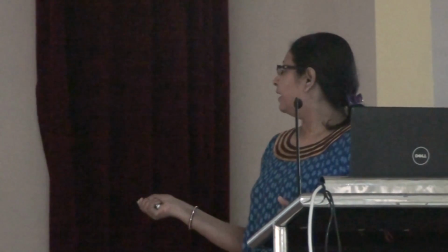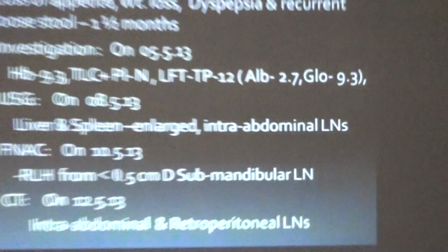Case, again, this history: loss of weight, routine hemogram report. If you see, everything is very much in favor of tuberculosis, because this is India, we have to think of tuberculosis first. This anemia, then this reversal of globulin ratio, then again it's very high, then ultrasonographic results of multiple lymphadenopathy